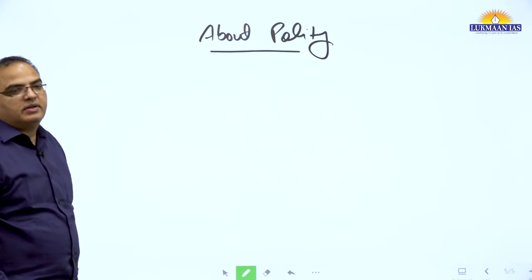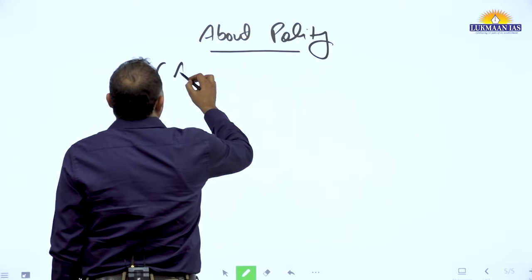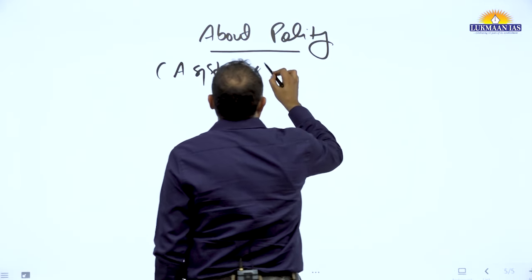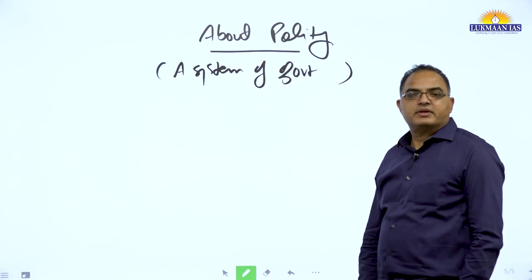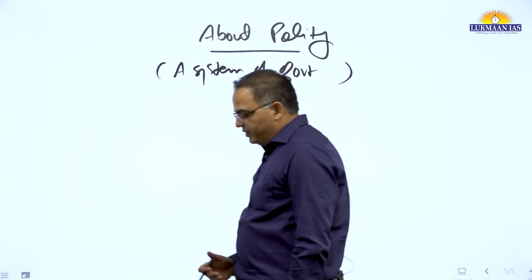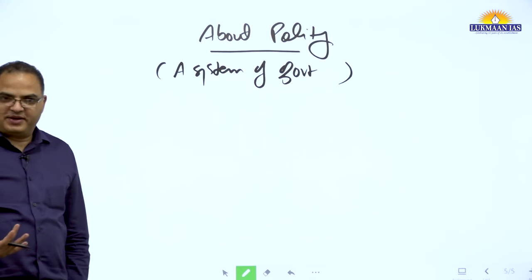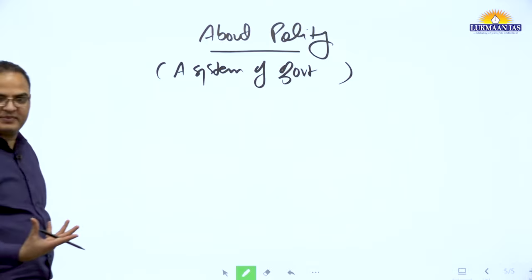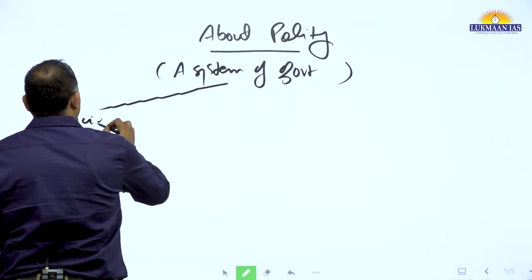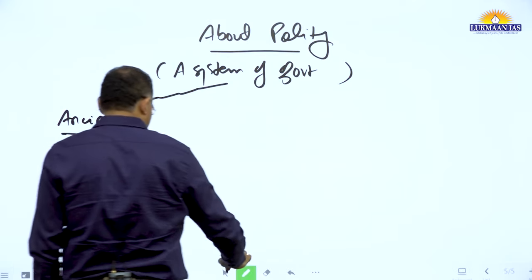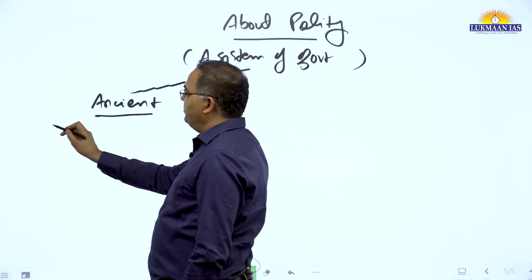Polity. So as we say, it is a system of government. We say it as system of government. Now, can we say this system of government is new? It is not new. It is as old as society. Right? So it is having also ancient roots. Ancient time. And who talks in ancient time basically?